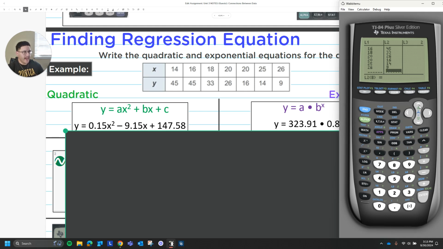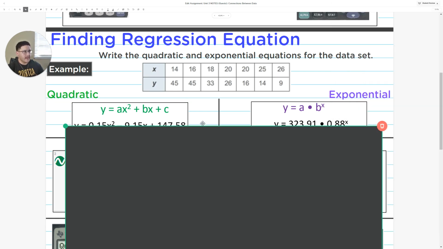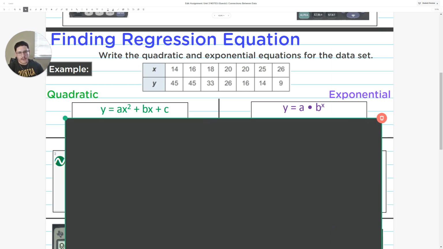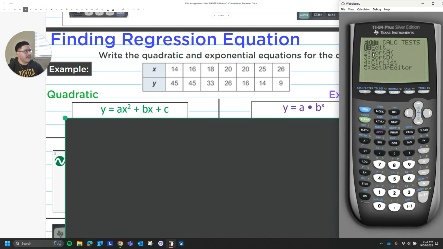Make sure every number has a pair, which it does. Then I'm going to hit second mode just so I can quit out of the screen. To get the quadratic, I'm just going to enter the following. Stat, right for calc, and then we don't want linear regression, we want quadratic regression, so we're going to hit option 5. Make sure L1 and L2 are right there, and then hit calculate, and then boom, there we got